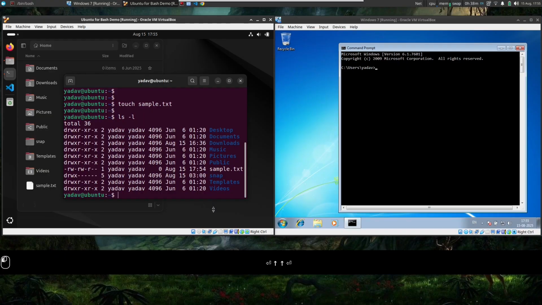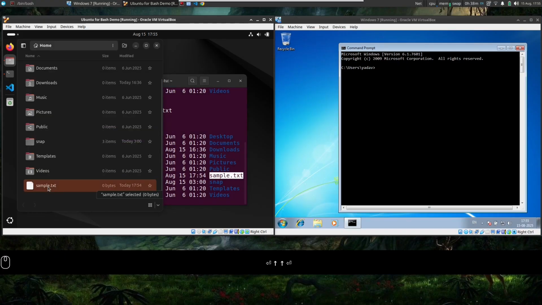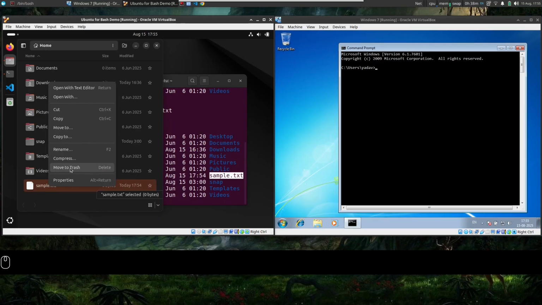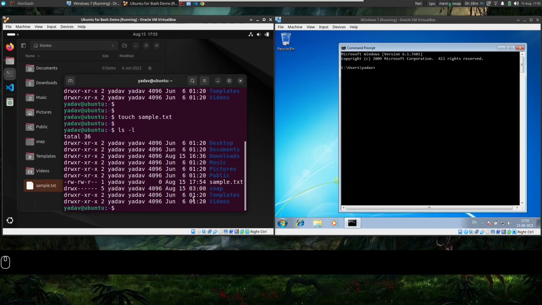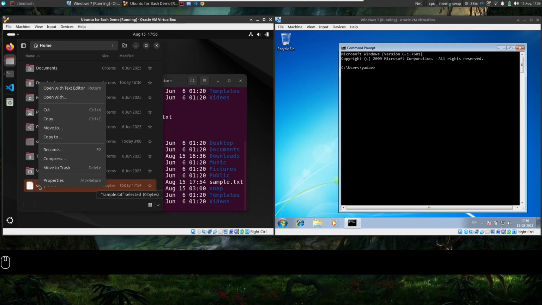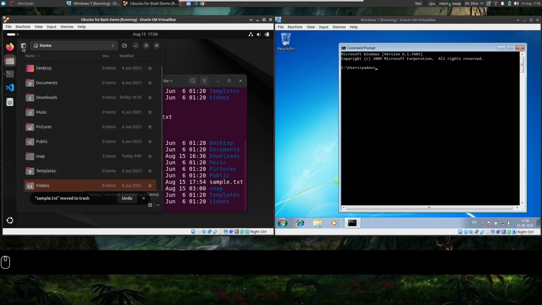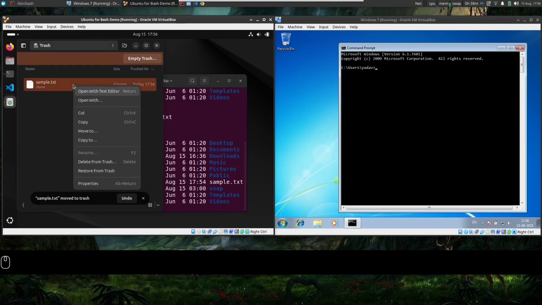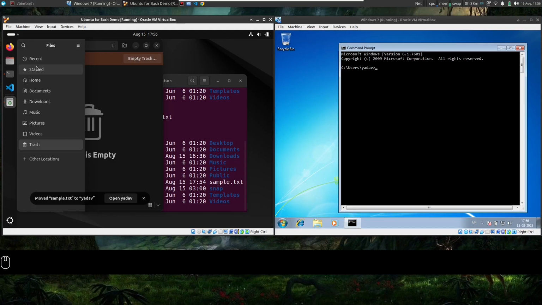Okay, how can I remove this file? One method is I can right click, move to trash. That is one. We can do a shift delete, which will permanently delete. In terminal, we cannot do a temporary delete as we do in general. The temporary delete actually just delinks the file from the directory structure, whereas a permanent delete actually removes the bytes occupied by the file. To understand that, let me delete it, move to trash. Now I can go to trash and recover the file, and it will go to the location where it was already.